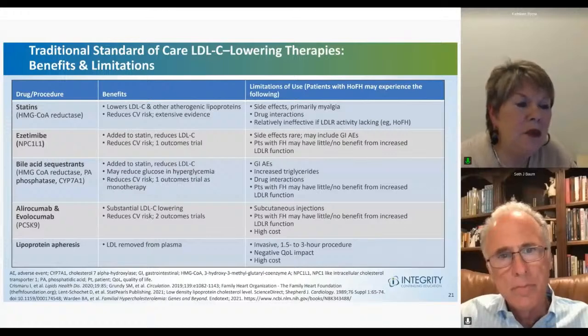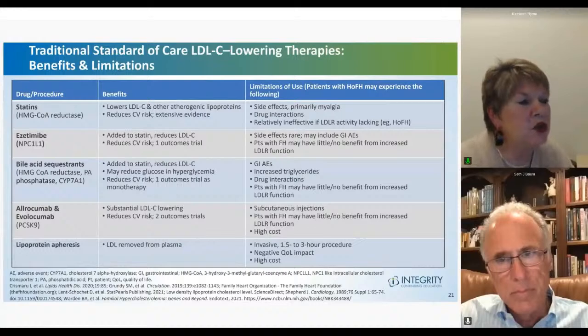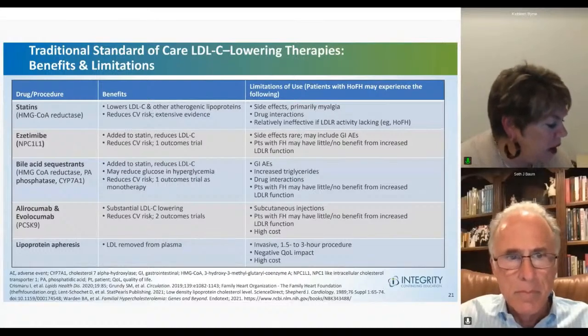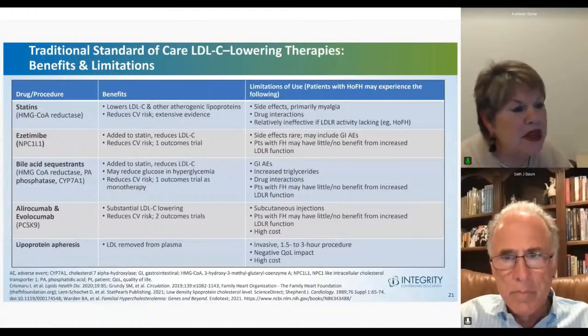So typically we may see myalgias or myopathy. You have to be concerned about drug interactions. And again, if the patient has HoFH, you're going to have relatively ineffective LDL receptor activity. So to the statin, we may add ezetimibe, and ezetimibe is a cholesterol absorption inhibitor, and it inhibits the absorption